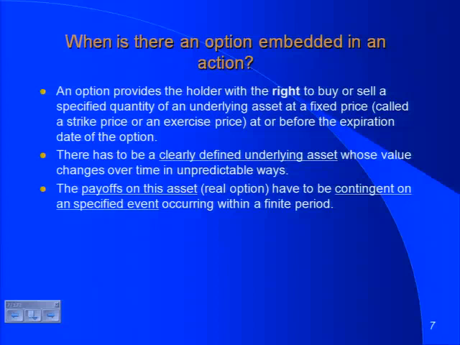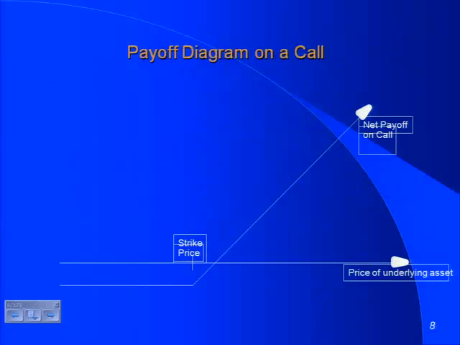Third, options have finite lives. You can't have a perpetual option. You have a 5-year, 8-year, 10-year option, so options have finite lives. So underlying asset, contingent payoff, finite life. Anytime you see those three things come into play, you've got an option. In fact, the best way to recognize an option is to draw a payoff diagram, right? Take an asset, draw what your cash flows will be, and if the payoff diagram looks remotely like this, you've got to talk about options. Whether you call it an option or not, there is an option embedded in an asset. Options have that unique payoff diagram where you have limited losses and potentially unlimited profits.